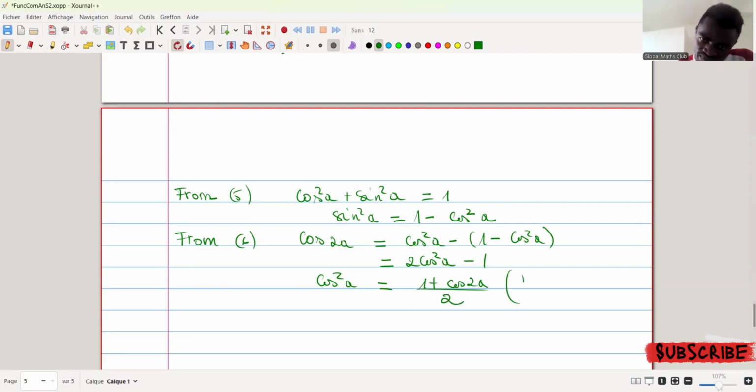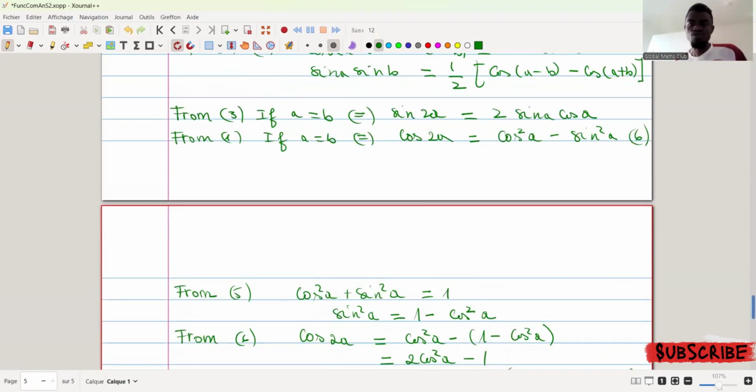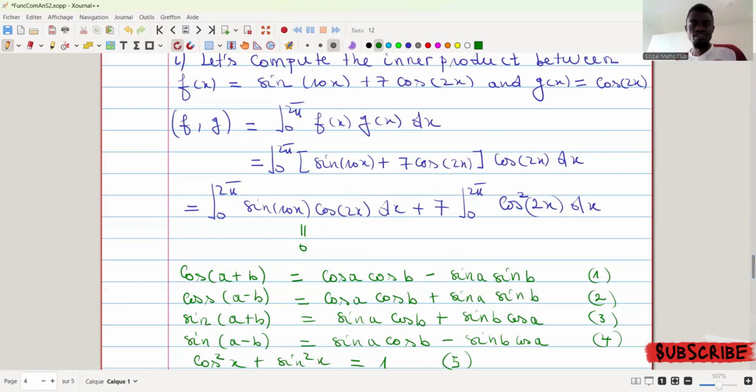So this one is like a linearization of cosine square. So I'm going to stop here. There is a lot of things, so I'm just going to use what is useful. So we can just take this one: cosine A square equal to 1 plus cosine 2A over 2. So if you come back here, we know that this one is already equal to 0. And if it is difficult, we can use any of these formulas that we found among the Green's formulas, and you compute it. You follow all the steps, you will see that you have 0.